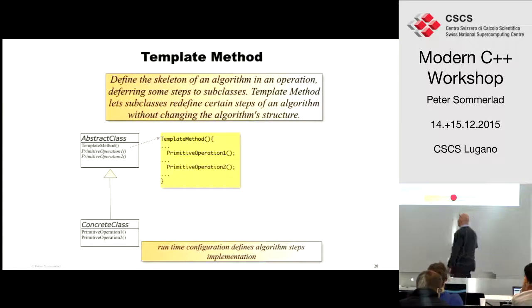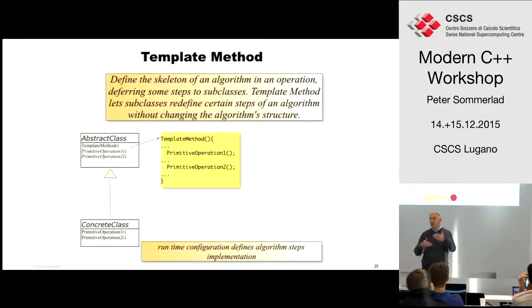In the object-oriented world, you would do that at runtime, instead of using the base class, instantiating a subclass that just provides implementation of these primitive operations. And we have the runtime configuration. Which concrete subclass you use is the one that actually defines how the overall algorithm works. The problem is, if you do that with virtual member functions, you pay the penalty of the indirect call in the algorithm, and if that happens to be in a very inner loop, you slow down your stuff significantly.